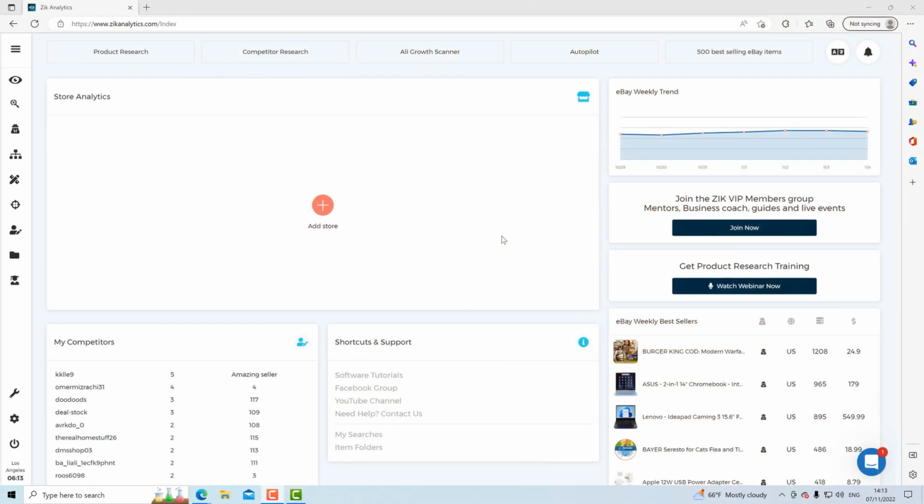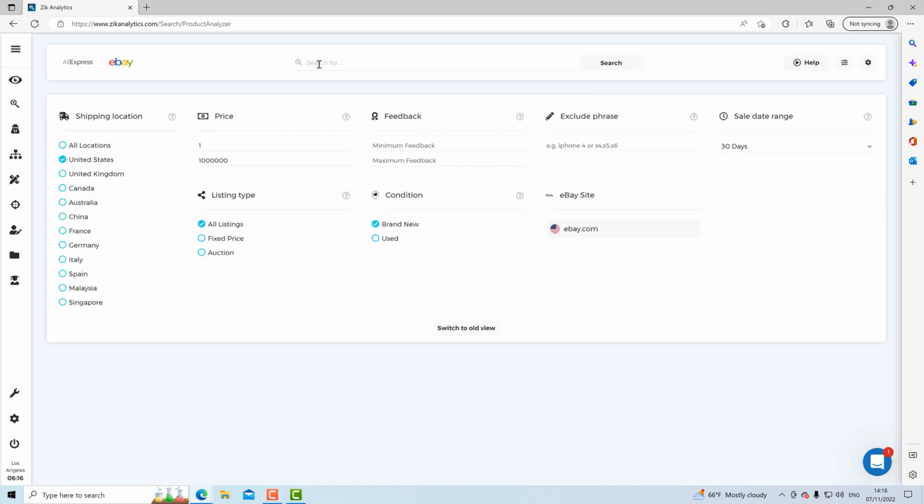All right, so first tool is product research tool. Let's get to it. The product research tool is located here on the left on the magnifying glass. Let's click it. All right, and let's look for a product here, for example, dog gate, and go over the